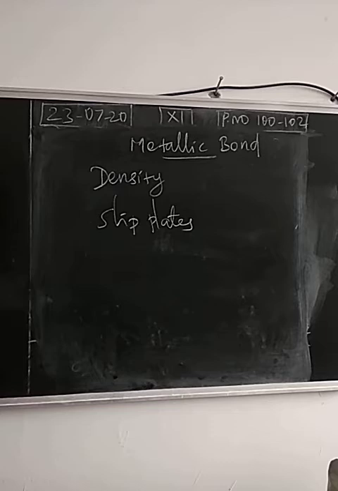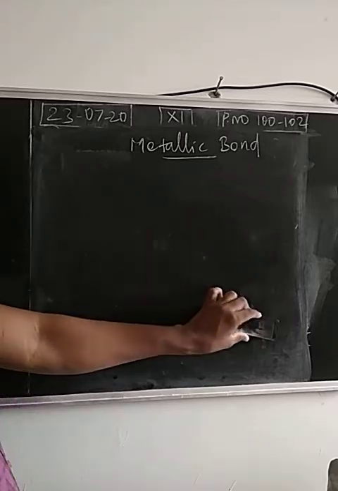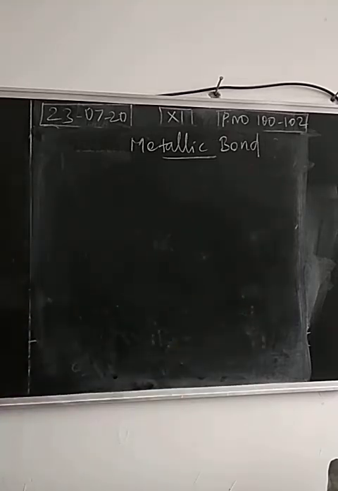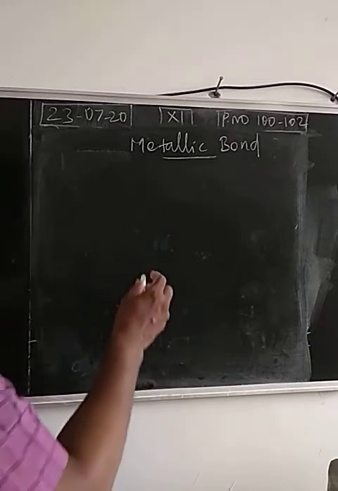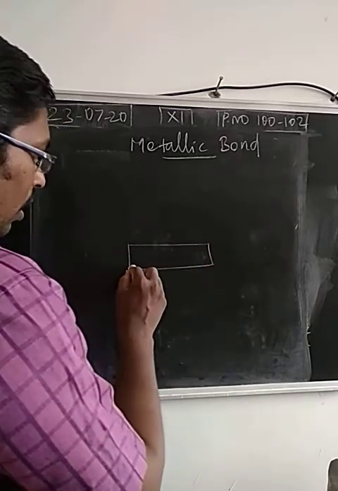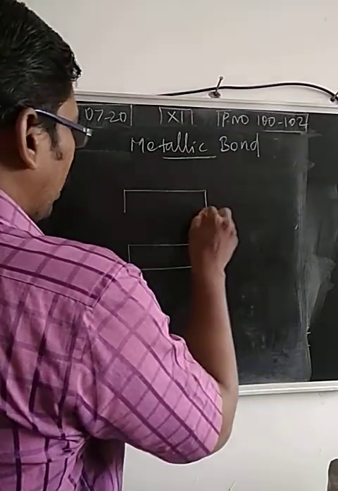Next, we have to explain thermal as well as electrical conductivity. The metals are very good thermal conductors as well as electrical conductors. This can be explained based on molecular orbital theory also. When metallic atoms join to form a metallic crystal, there will be formation of bonding as well as anti-bonding molecular orbitals. So metallic atoms like copper atoms or gold atoms, when they combine to form a metallic crystal, form bonding as well as anti-bonding molecular orbitals. And the main thing is, in all the metals, there will be a band.